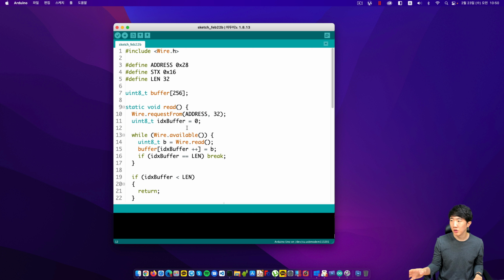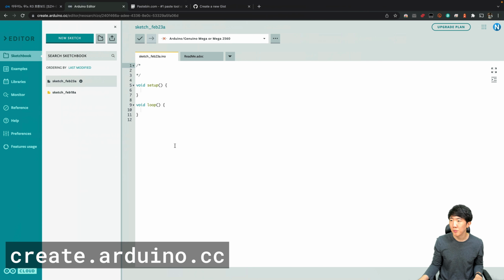So, in my case, I manage my Arduino code in a certain way, and I will present you with various methods that you might find convenient. The simplest method is to go to create.arduino.cc. While we are currently using a Java-based Arduino IDE on the PC,